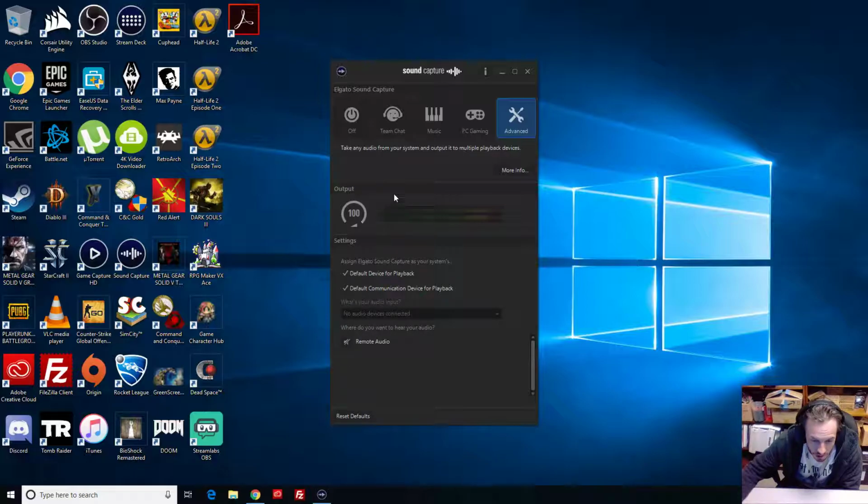Just for reference though, I usually use the Advanced tab, and I keep these both checked, which means that any sound produced by the thing that you've plugged into your Elgato card will be piped through your computer, and you'll be able to hear it through your headphones if you use this program. This doesn't mean that everything you hear is heard by your audience. It just means that you hear everything